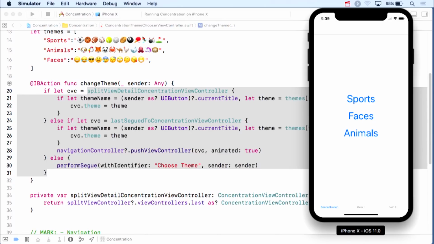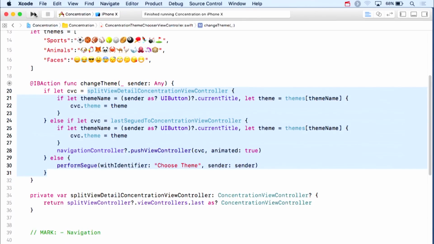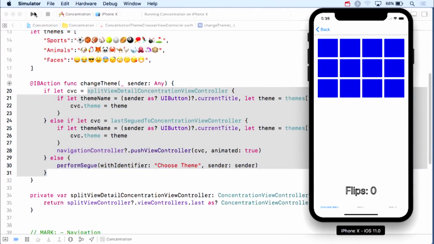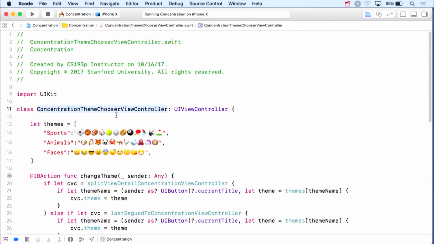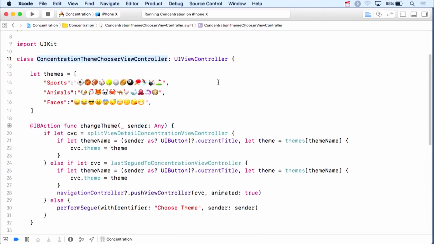Okay, so the last thing I'm going to do, and this one's a little complicated, again, not complicated to implement, but it's using some concepts like delegation here that you're not quite used to. But I'm going to make it so that when I run my iPhone version, it doesn't come up showing me a concentration game that has the default Halloween. Okay, I want it to come up showing this. So to do that, my theme chooser view controller here is going to make itself the delegate of the split view controller that it's in. Remember that even on iPhone, it's still in the split view controller,